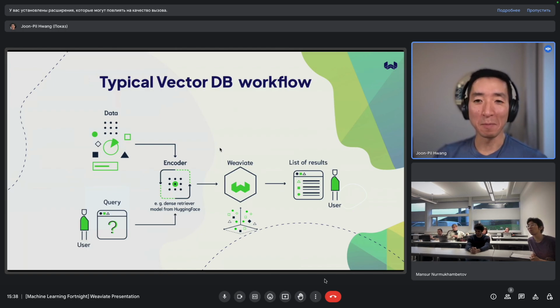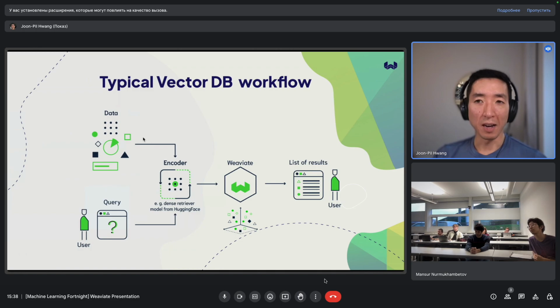So this is a typical workflow in a vector database. There's a fair bit going on here, but typically you start off with either the data or the query. You probably need to start with data because you have to ingest data into your database at some point.